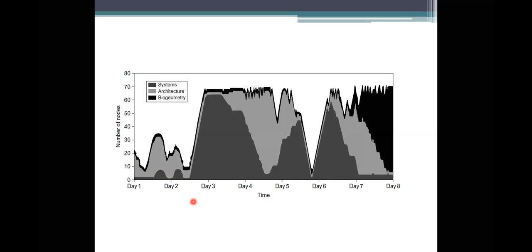Cluster on demand means that only when you need it or when you are processing, it allocates the clusters for processing here. So when you go with this architecture, the biogeometry is continuously using many systems, up to 70 systems, rapidly or frequently. If you allocate 70 systems statically beforehand, you are wasting the energy and resources, because at the end of day 5, it was using only fewer than 10 systems for processing the data.